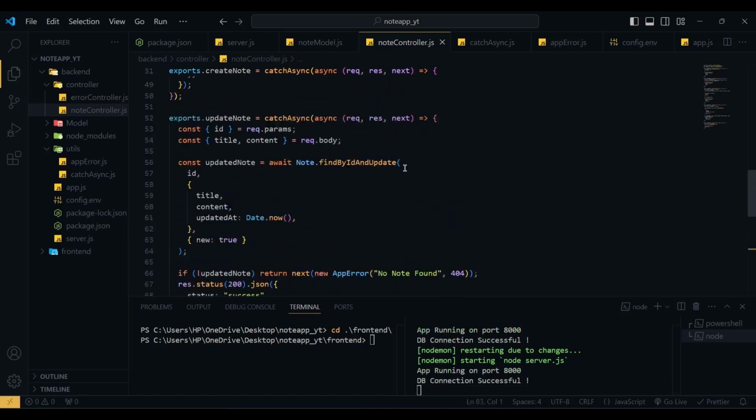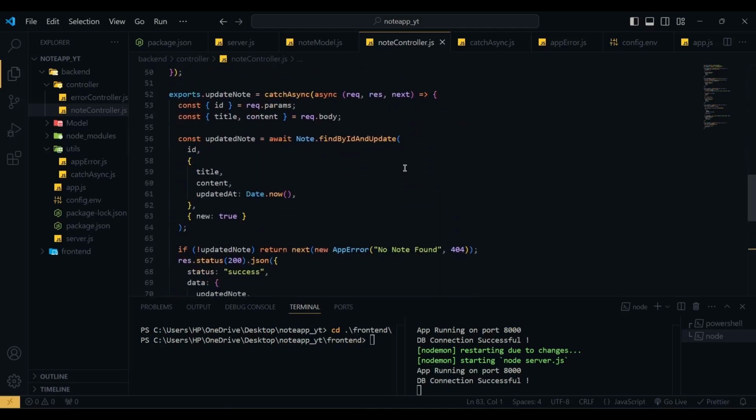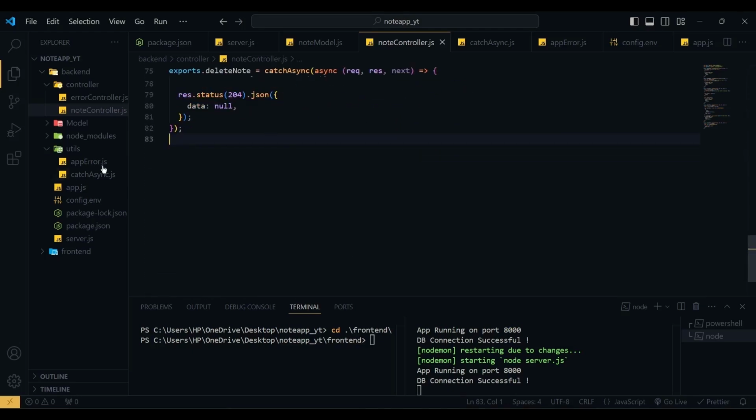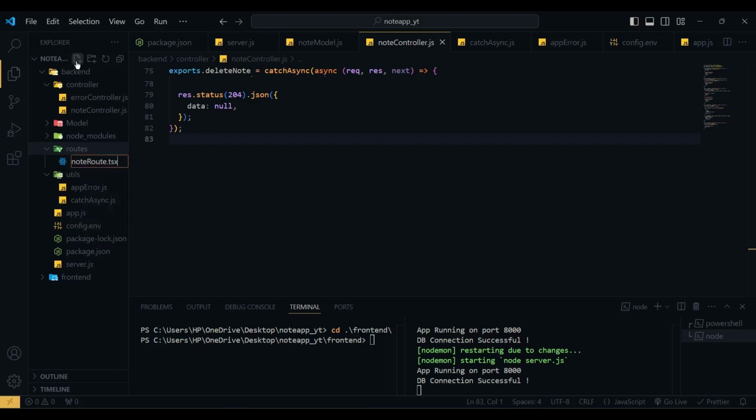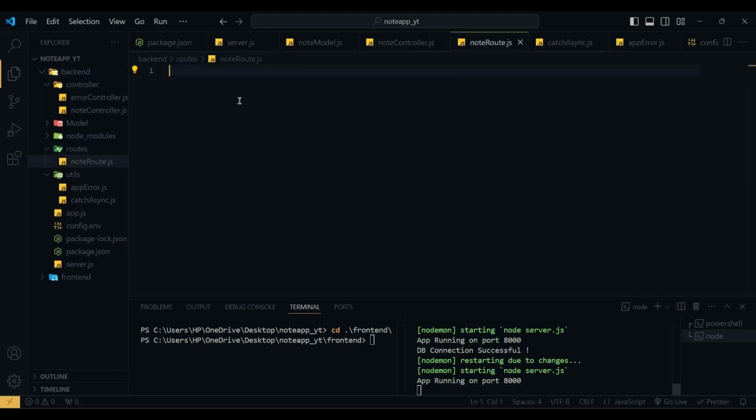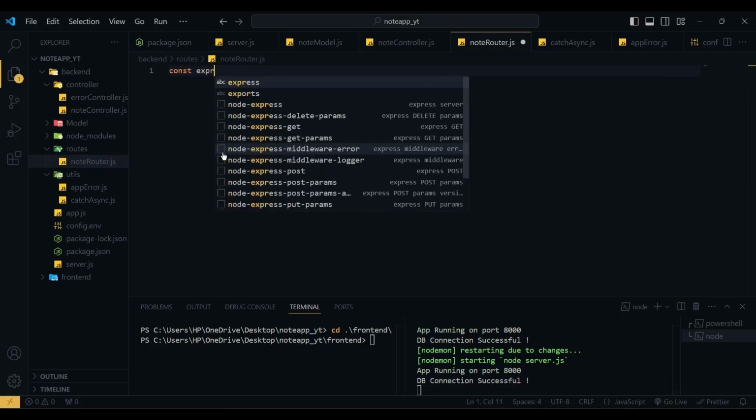So all of our controller functions are implemented now. Now we are going to set up our route. For this, I am going to create a new folder inside my backend, and I am going to name it routes. And then inside this, I'm going to create a nodeRouter.js. And here first I'm going to import express,